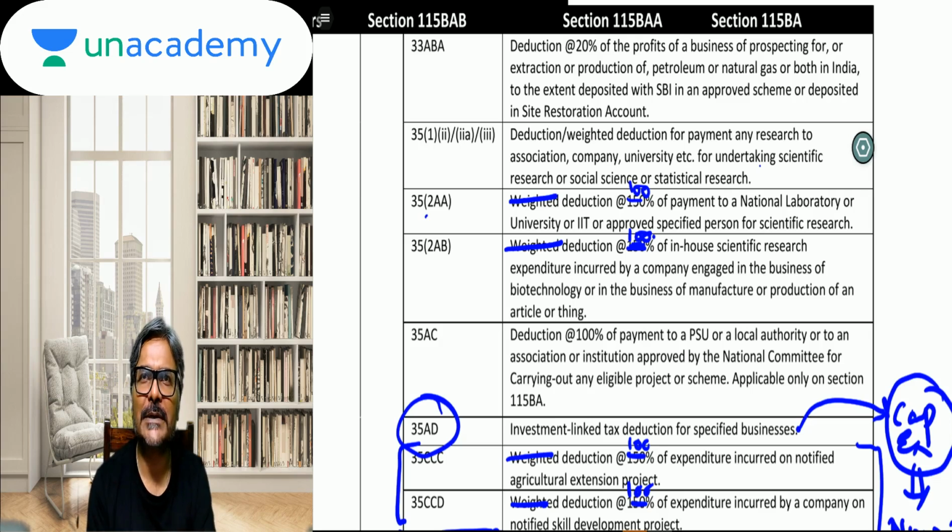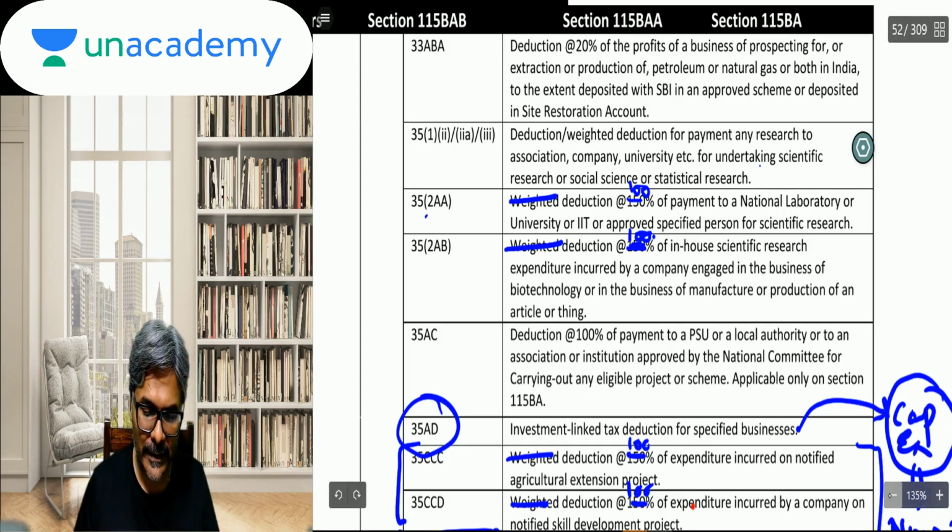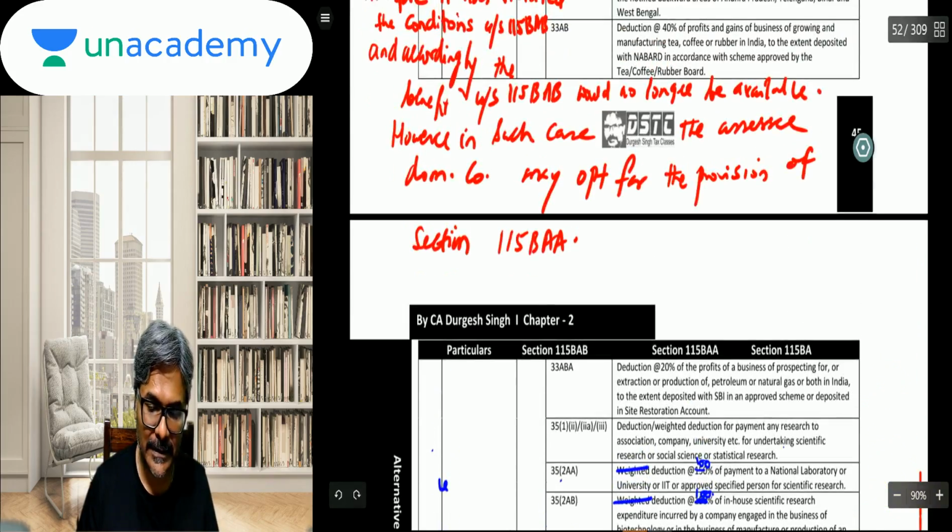So all the donations that you have given, students, to all these companies or associations or the university, or for research, social science or statistical research, in all these places wherever you have given the donation, what are we going to say? Will you be getting an allowance for the same? Now you will get it disallowed under these sections. But can I say it is disallowed forever? And the answer is no.